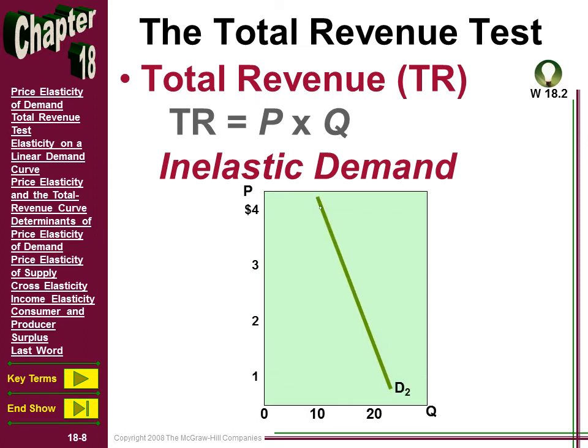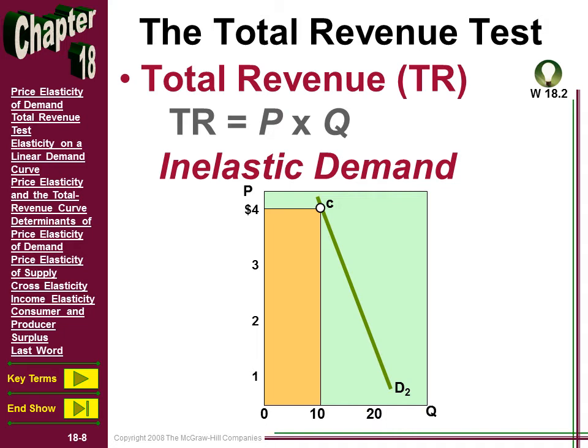Now let's use the total revenue test to evaluate when demand is relatively inelastic, that is, not all that responsive to change in price. So this particular demand curve on this slide graphs that exact scenario where demand is relatively inelastic, not all that responsive to change in price. You can see that this demand curve is relatively steep as opposed to the previous slide. So employing the total revenue test, if demand is inelastic, price and total revenue will move in the same direction. In other words, if a firm lowers price, total revenue will actually fall, and if a firm increases price, total